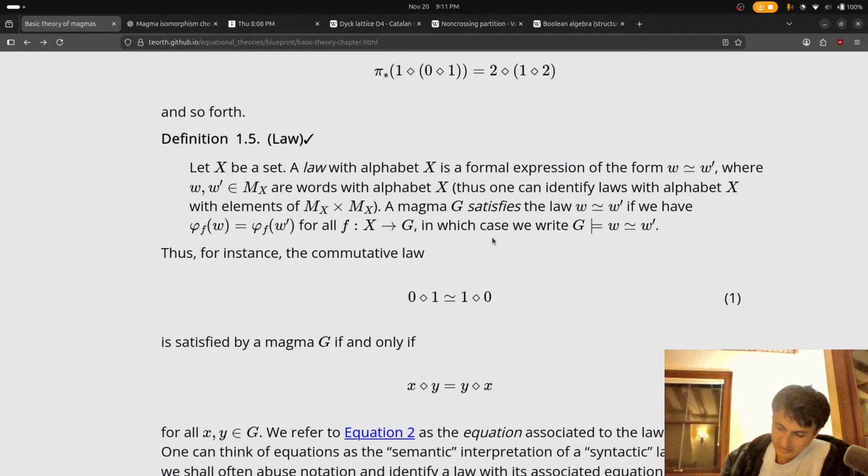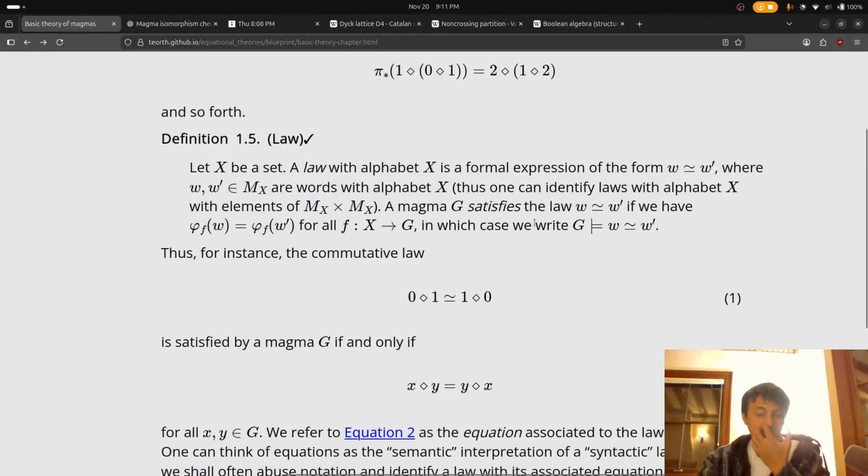Then, if so, we write G satisfies the law, something that follows the law.